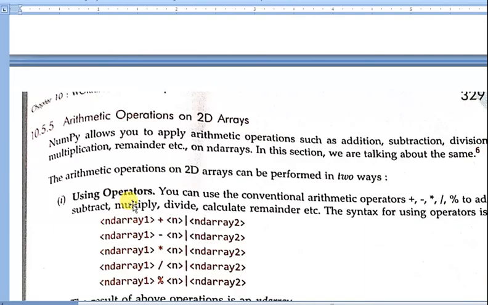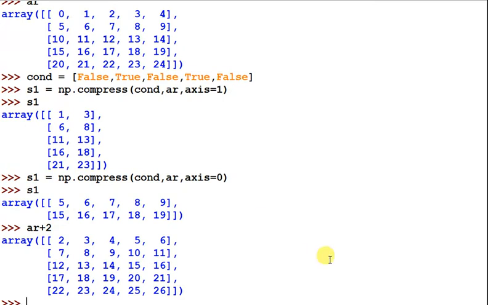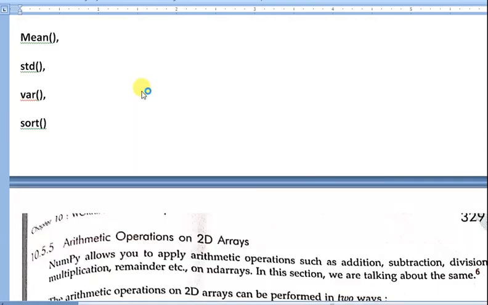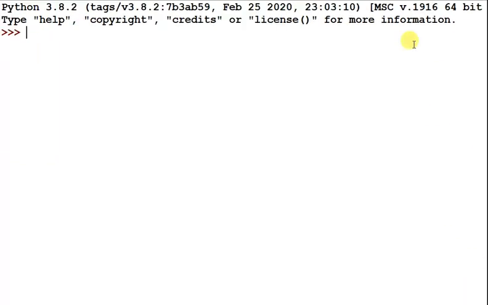If you want to sort the elements in a dimension array, we can use this. I'm giving you an example. Suppose I want to close this and open a new one, and suppose a one-dimensional value is created, and import.